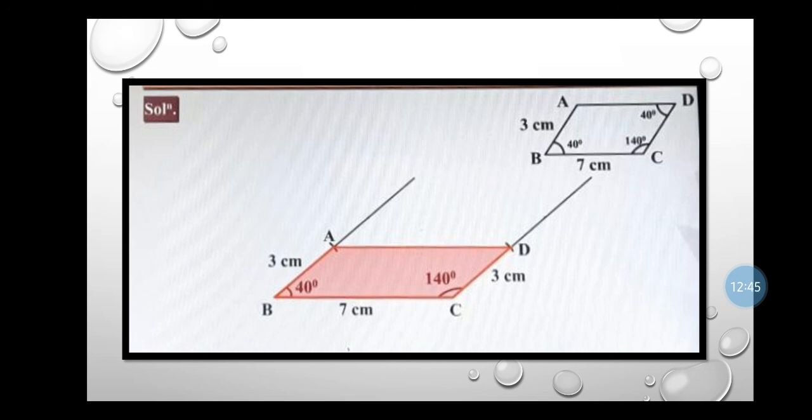Children, the same way you will solve miscellaneous exercise question number 16 with the same steps. Now questions number 4, 5, 6 are omitted from this syllabus. So we are at the end of this chapter, but a similar miscellaneous question is remaining. Let's solve that.